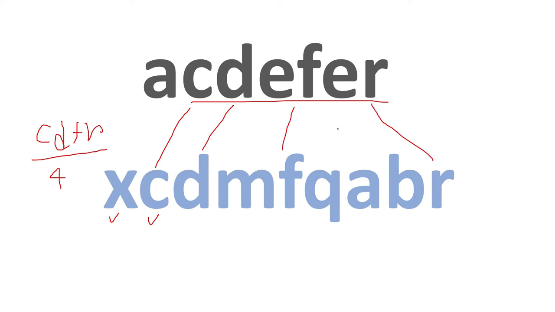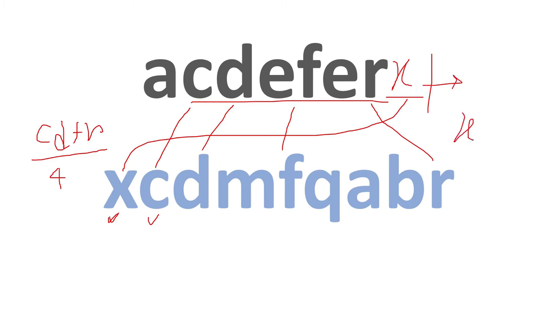But think about this: the string has a slight change, like A, C, D, E, F are there, but instead of that, X is also present at the last. So when you start from here, you will search for X in the string and you will get it here. So you will get a match here and after that you can't proceed. So your answer will be X in that case, of length 1. But the actual biggest string you can get is C, D, F, R from here. So this approach will not work here. So we have to use dynamic programming to solve this problem.